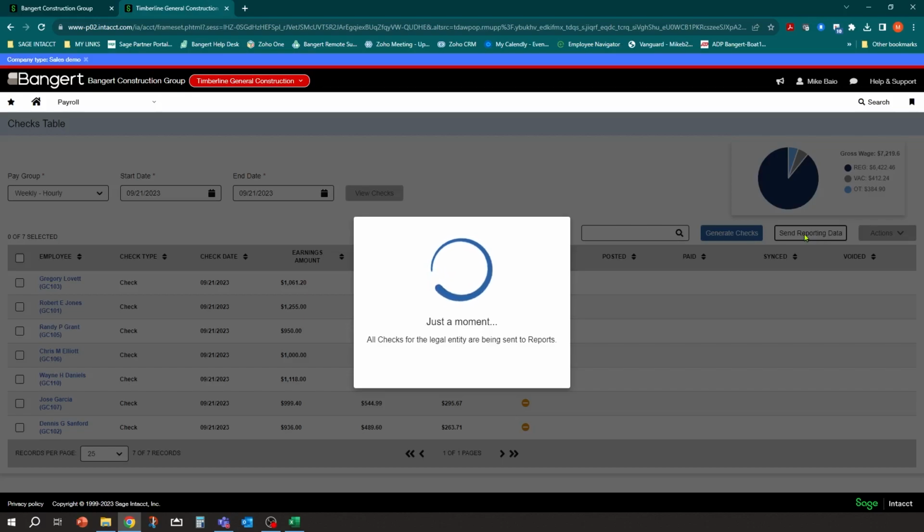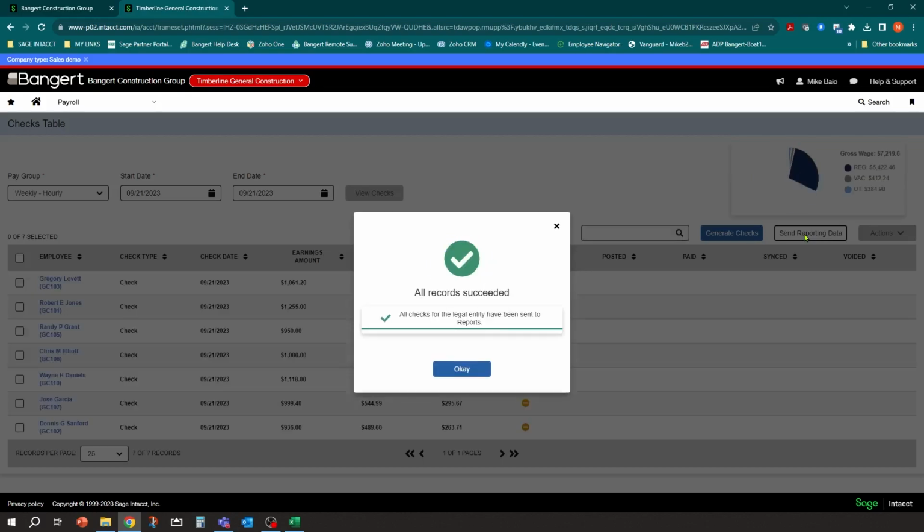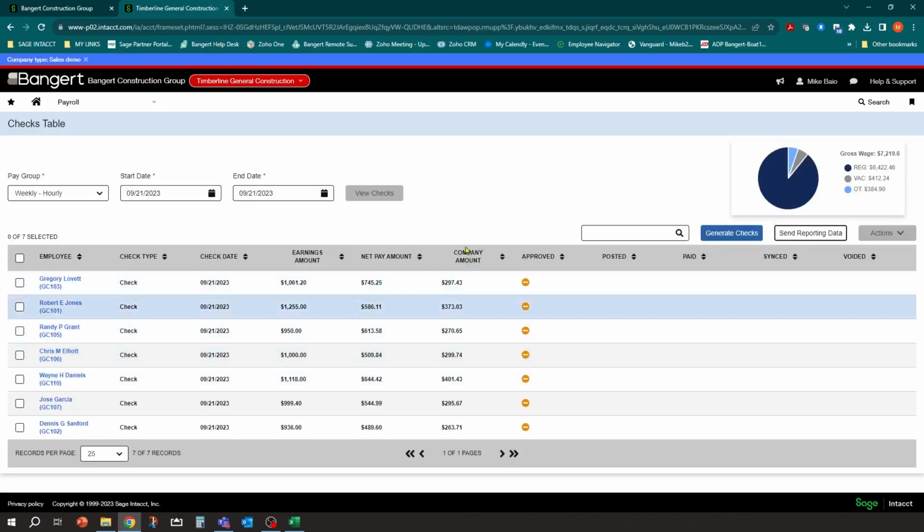And that's going to go update all those tables, and it updates them as pending time, pending checks, pending time. So when we're building reports, you can always filter and sort just on the pending statuses. And then what happens is once you continue on with your payroll and you take that check through the process here, the approval, the posting, the paying, you could then hit send reporting data again, and it'll change the status of that time over to approved. So this says, okay, you've been synced. And now we're ready to do some reporting. So let's go take a look at that next.